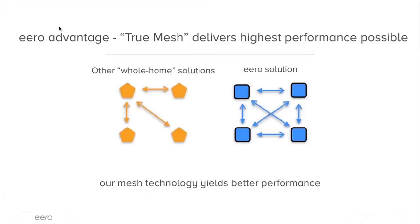This compares other whole home solutions with the eero mesh. And so what mesh means is that instead of the tree or hub and spoke topology of a conventional network, you actually have a connectivity graph. And the nodes of the network make decisions about the most efficient path for each piece of data to take. So in a mesh network, bottlenecks are really less likely to limit performance because connections between the nodes are actually redundant. So that said, the network is resilient against interruptions caused by the failure of devices,